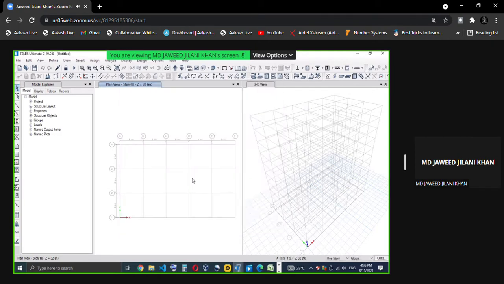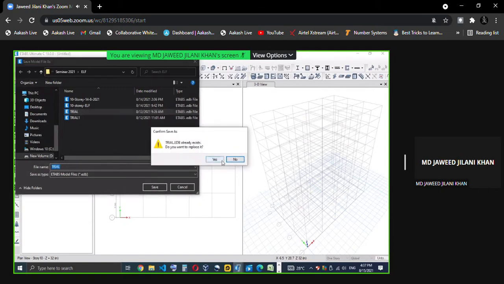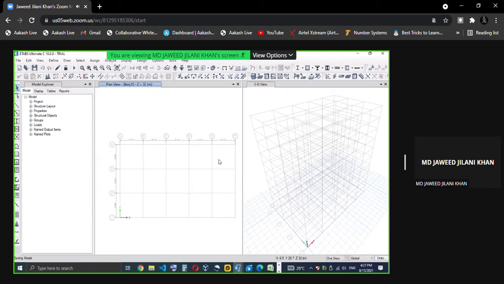Say okay. Now you can see the title is untitled. I can give some name and save the file, say trial or whatever name I want to give. Say I will give some name, say existing. Now once you save the file, it will be saved with this name, and that name is displayed there.